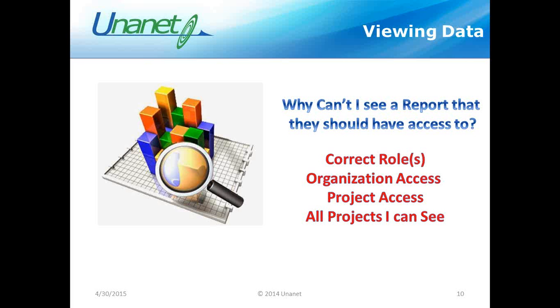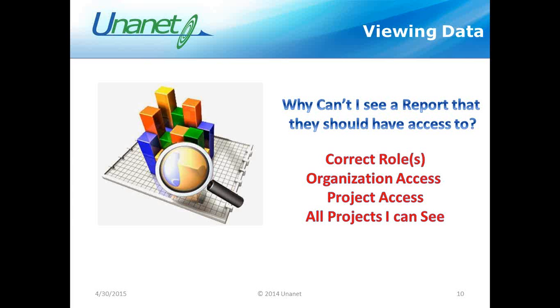You also want to make sure that you have the right organizational access to groups of projects or groups of people. Those groupings are called organizations in Unanet. You might need to have access to those organizations to be able to view metrics with those associations of data. In addition, you might need to have project access to a particular project. If you're not the project manager or the resource planner, then you may need to just view information or metrics for a project. You might need to have the role of project viewer